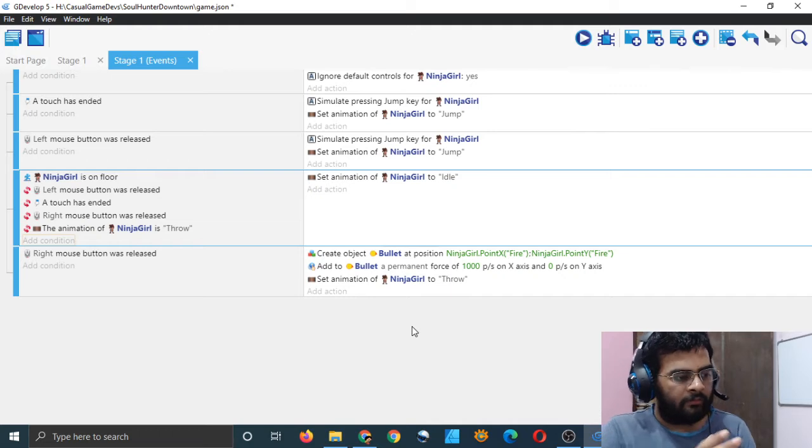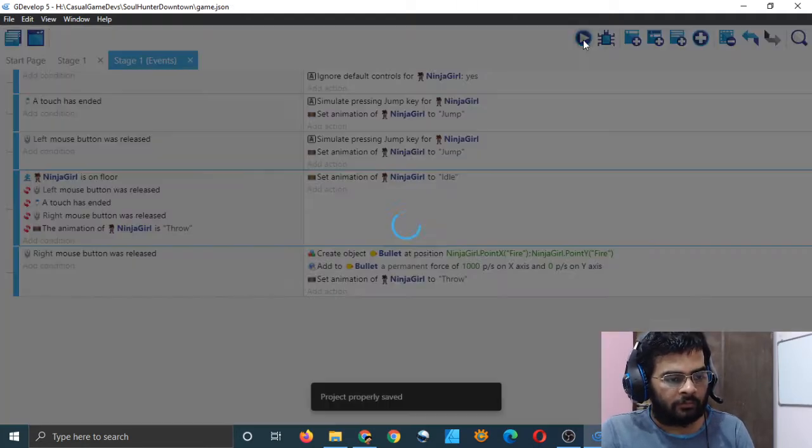What we have done is Ninja Girl is on floor, none of the buttons have been released, and the animation throw is not running. Then it will set the animation to idle. But if the animation throw is running, then it will not set it to idle. Let's see.